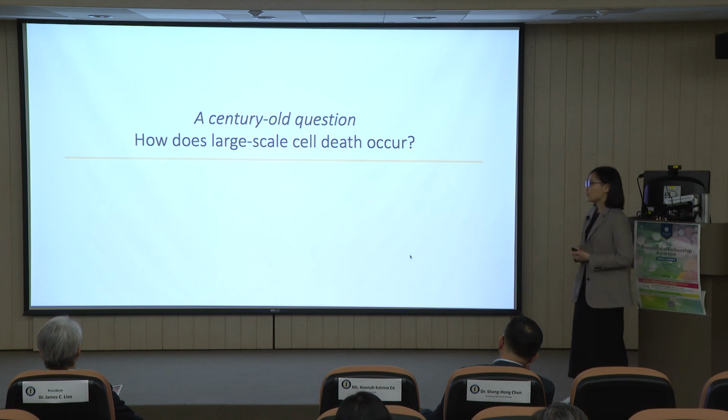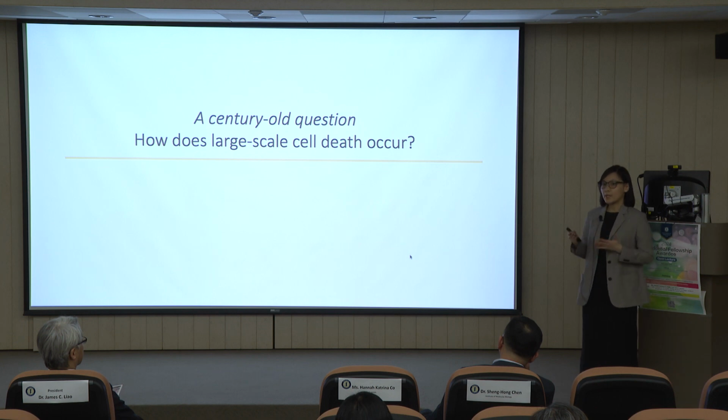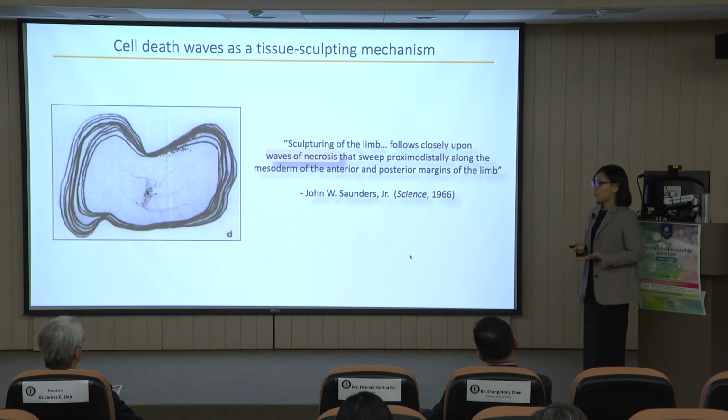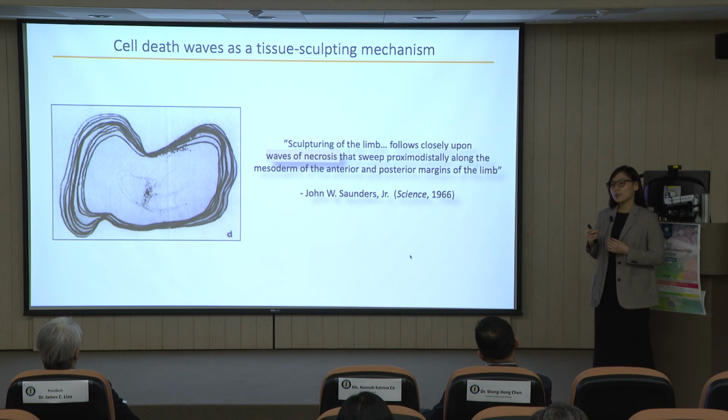So here I hypothesize that large-scale cell death could be mediated by propagating waves of cell death signal. And this idea resonates with this observation made by John Saunders, wherein he described waves of cell death happening in the developing limb. So with this in mind, I searched for the type of cell death that could have propagating